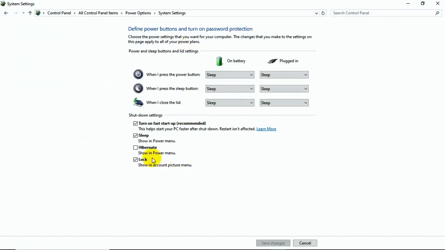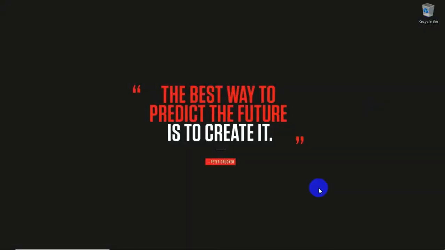Click on it, and then here you will get a lock checked. Just make it unchecked, and then save changes. This all you done,